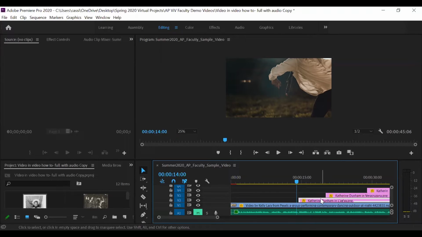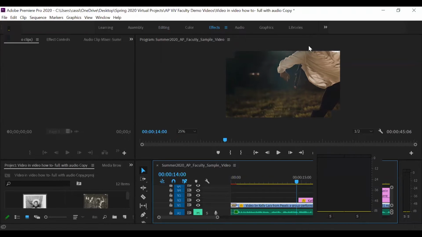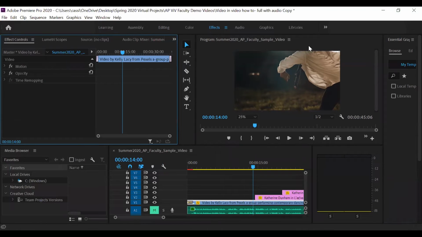This one is selected because it's highlighted in white. So it's a good way to make sure that your correct file is highlighted. Look for that one that's highlighted in white. Now that we have the file highlighted, we're going to move up to the Effects workspace. When you change workspaces in Premiere, your workspace windows will rearrange. That's no big deal and totally